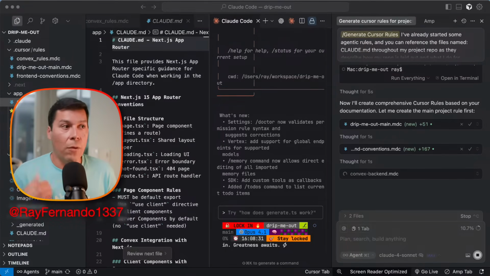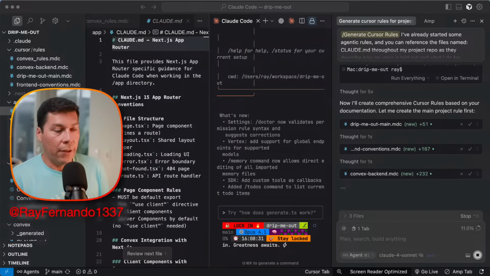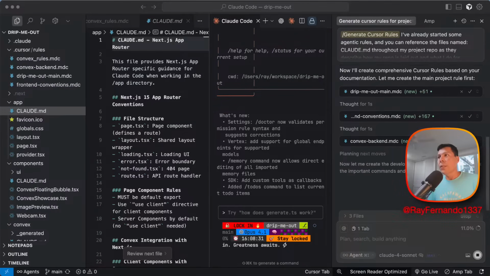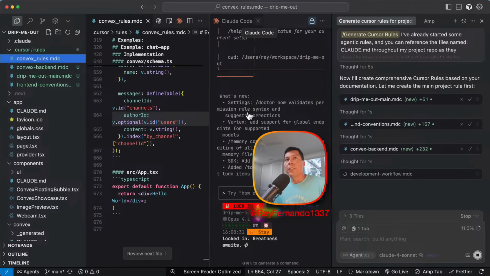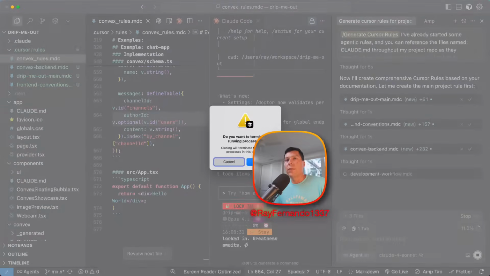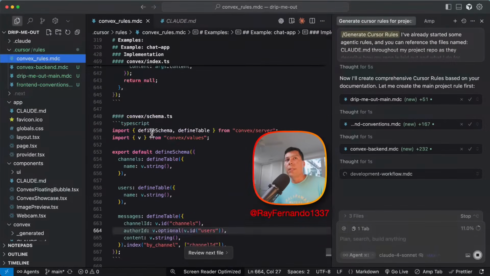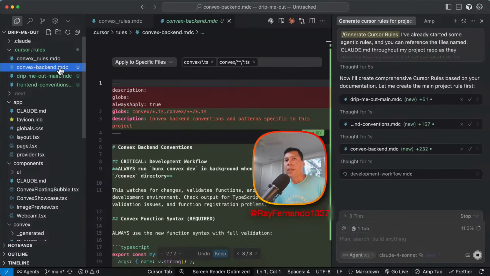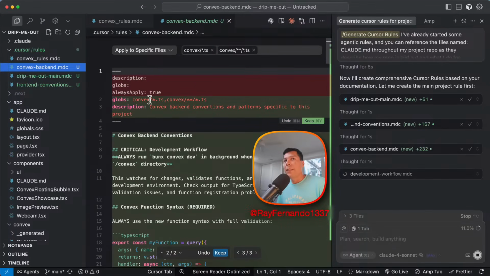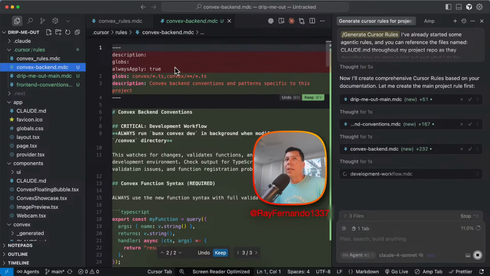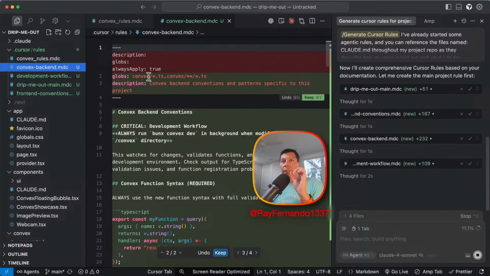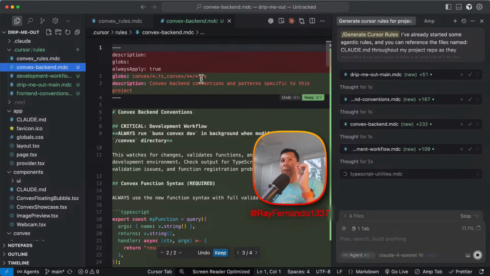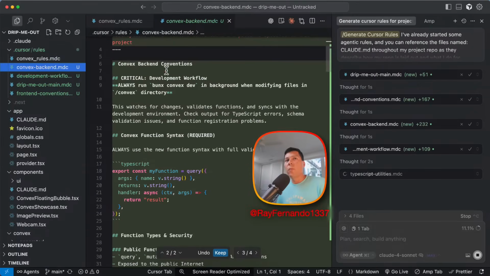And you can actually see it now walking through the code. If we go through here, I'm going to show you on the top left. If I move my head, we can actually see the convex rules that it generated. I'm going to go ahead and close the Claude Code window for now. This is the convex rules file that we already have here, but there's convex-backend. And you can see that it defines this thing called globs. The globs say, with these specific directories, whenever the agent is walking through Convex and it sees the .ts or any subdirectories with .ts files,